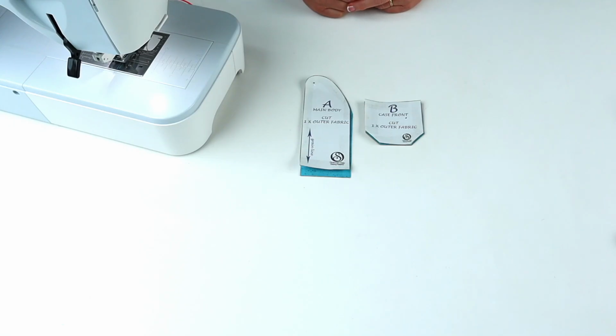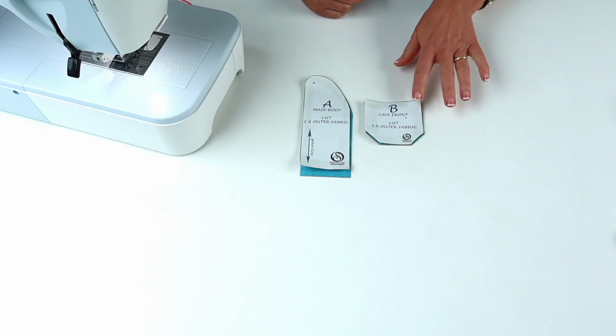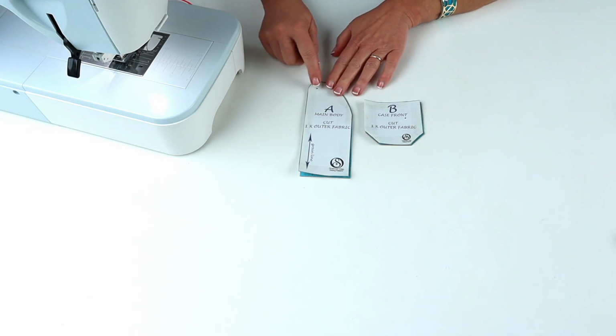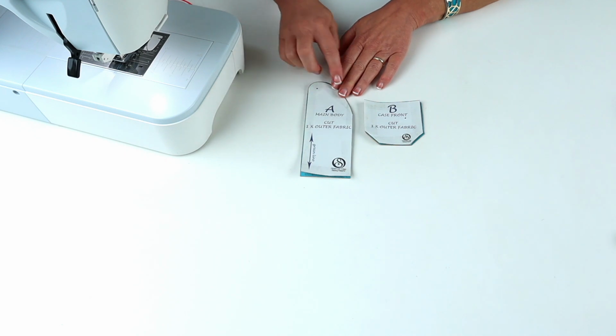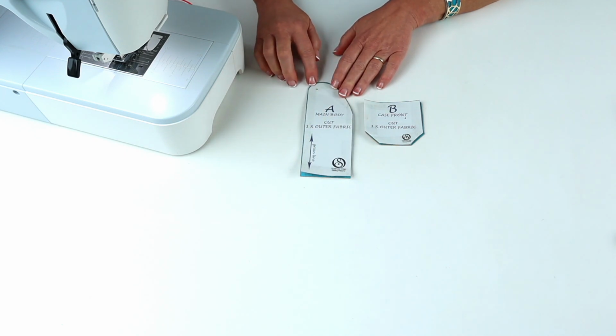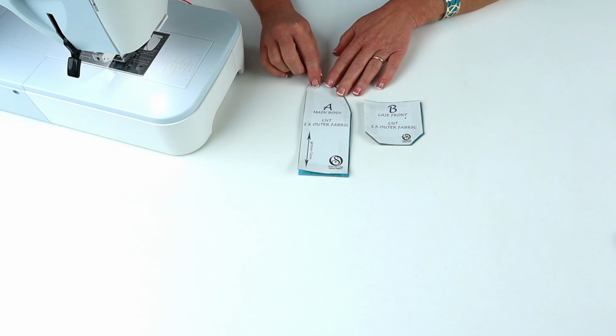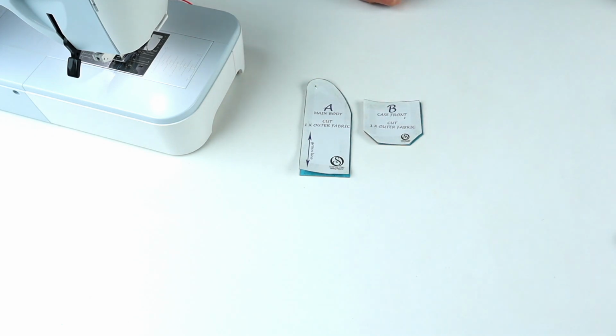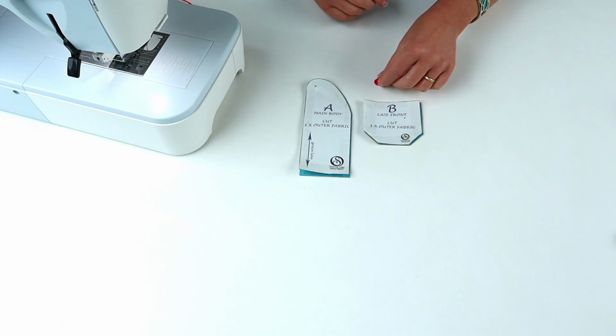So the first thing I'm going to do is add my snap fastener to piece B. I'm not going to add it to piece A at the moment because that's the top of the flap, and I'm going to top stitch around the top of the flap, and it'll get in the way of my foot, so I'm just going to put that on at the end. So I'm just going to add it to piece B. So I'm going to grab the female part of my snap fastener,